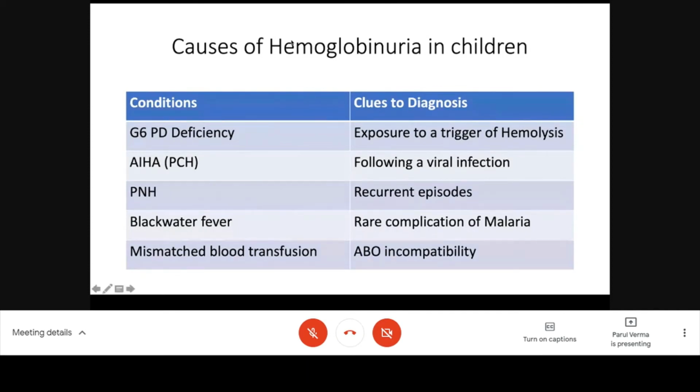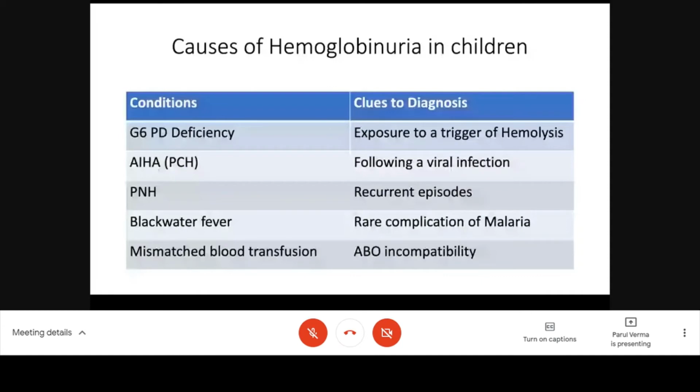The next condition which causes hemoglobinuria is AIHA, especially the paroxysmal cold hemoglobinuria type. It typically follows a viral infection. Now, in paroxysmal cold hemoglobinuria, transfusions are usually not a problem because the cross-matching is successful. In PCH, the IgG antibodies bind to the RBC at 4 degrees, but as the RBCs are exposed to higher temperature, the antibody dissociates. So cross-matching is not a problem. The complement remains fixed, so hemolysis will happen, but because the IgG has dissociated, cross-matching is not a problem and they can easily get cross-matched units.